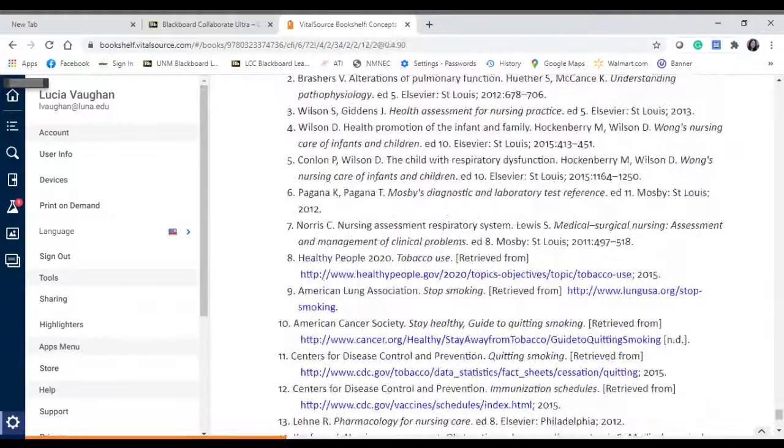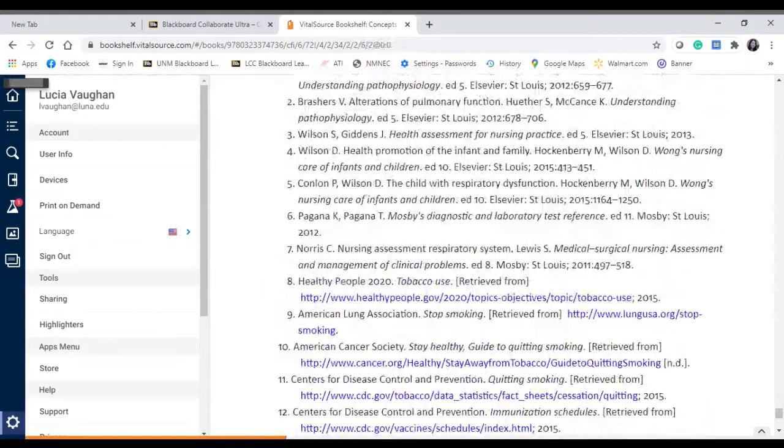Okay, so nursing interventions to assist with alterations in oxygenation. We want to assist our patients with oral or nasal hygiene. We want to assist them into a position that facilitates breathing, so semi-Fowler's or high Fowler's. If a patient is laying down and having difficulty breathing, we can sit that patient up. We want to encourage incentive spirometer use, and we want to encourage coughing and deep breathing.